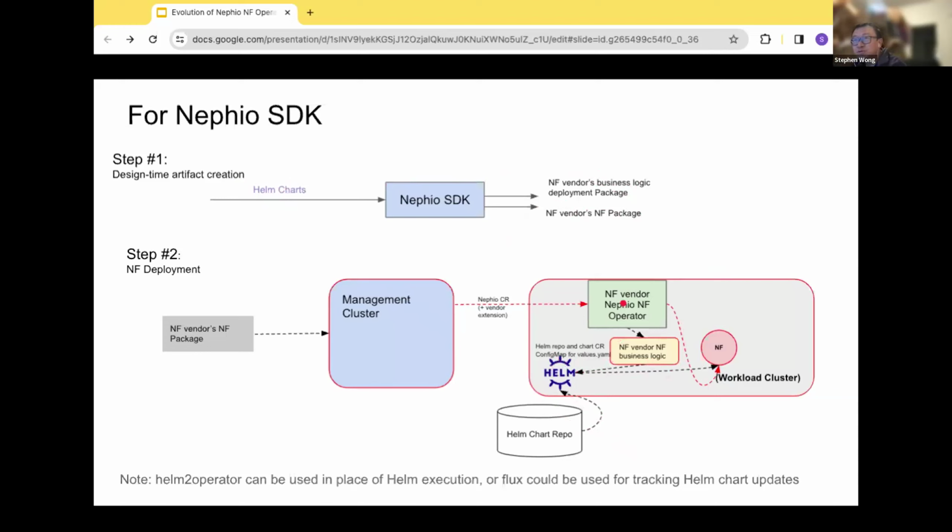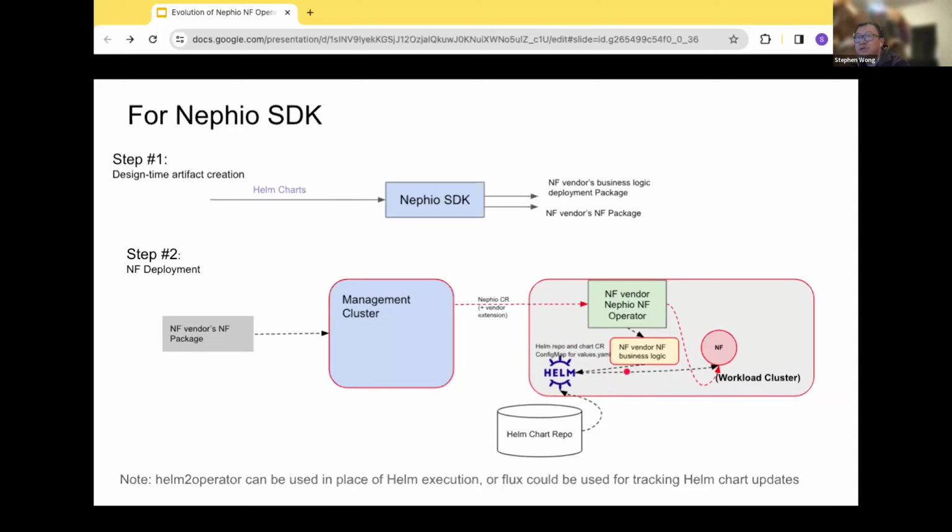Or on the other hand, you could also do more of the Flux way, which affects users. Users would have to put the Helm charts into a repository somewhere that is accessible by the workload cluster, and then the execution engine would fetch the charts from a repo, and the input values.yaml would be generated by the business logic, and then they would apply it that way. So this could be anything. That could be directly Helm. To be honest, you could just load Helm directly into the workload cluster. There's nothing stopping us from doing that. And then it could be the Helm operators.